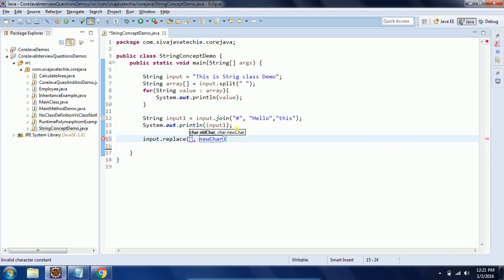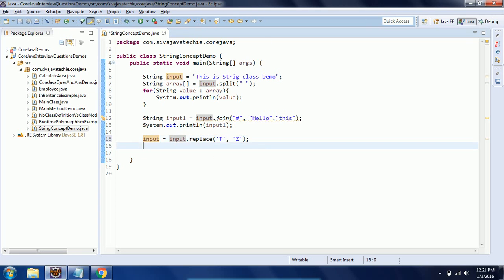At this point, I am saying wherever I see the T, I want to replace it with Z. Now I am assigning input equal to input.replace and printing the input.